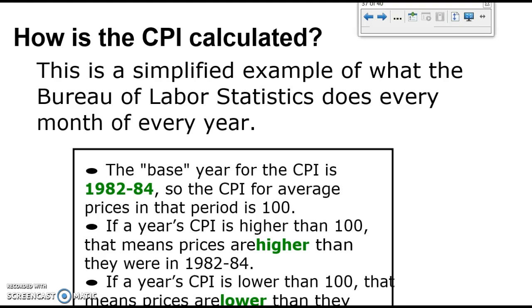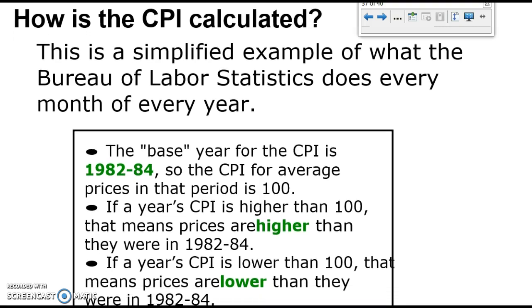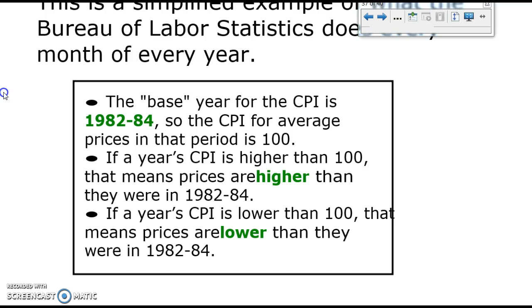Okay, so this is basically the simplified example of what the Bureau of Labor Statistics does every month of every year. The CPI is actually based on 1982 to 84. So that period, roughly 1983, we call 100. So if our prices today are 230, that means they're 2.3 times whatever the prices were in 1982 to 84. Okay, the price level. So if a car cost $10,000 in 1983, if it cost $23,000 today, that would mean it actually hadn't changed in price at all because the price went up at the same rate as overall prices